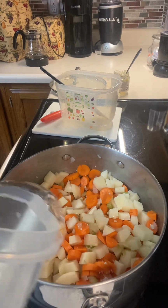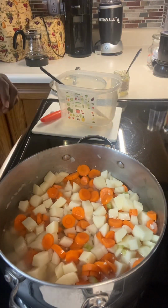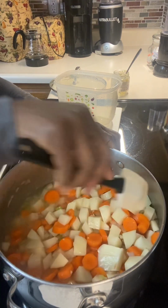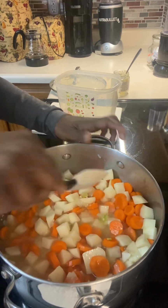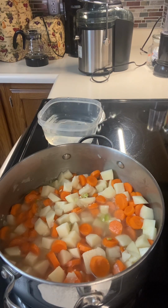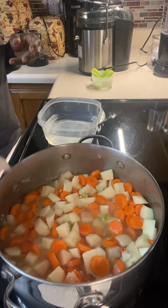We're gonna let that marinate a little bit. We're gonna add some water to it. Stir it all up together. Let it kind of marinate in its juices. A great little meatless Monday. Over to the side there, I'm actually putting together some things so that I can make me a